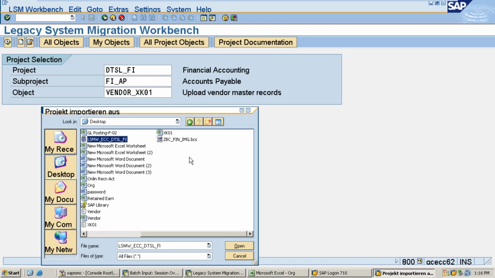Example, from the GL point of view, try to change the field status groups. Example, from the vendor point of view, try to change the payment terms, or maybe reconciliation accounts, or maybe you want to enter the PAN number, you want to change it, or anything. Not only for creation, change.